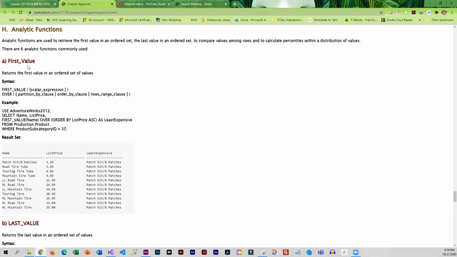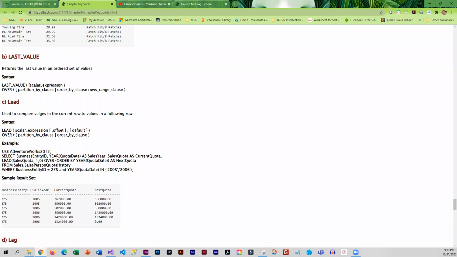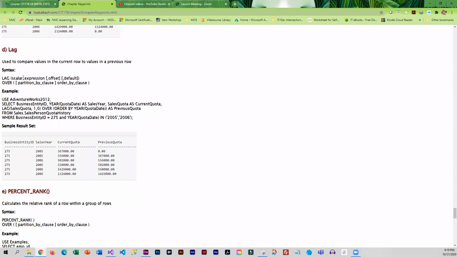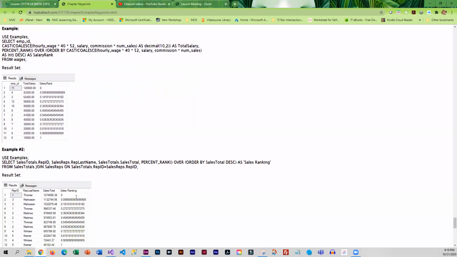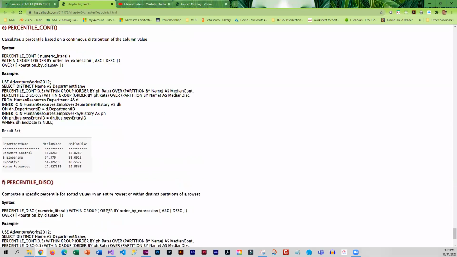First value basically returns the first value in a result set. Last value brings you the last one. Lead lets you compare values in the current row to the values in the next row, and lag does the current row to the previous row. None of these are actual things that I'm going to make you use in the assignment,